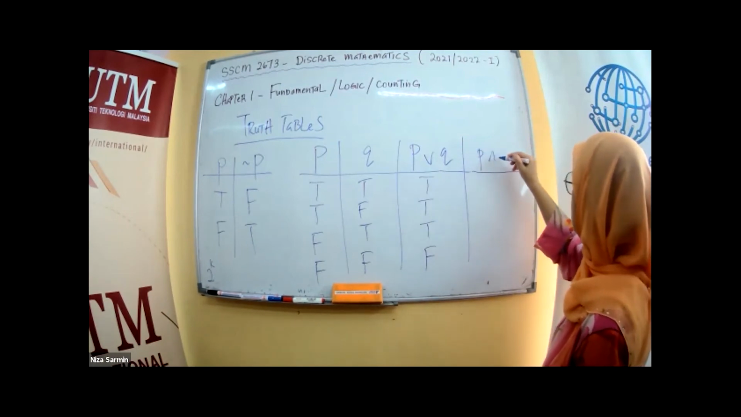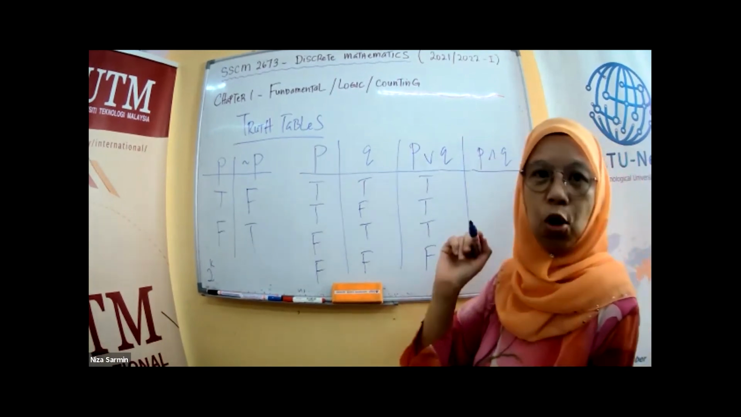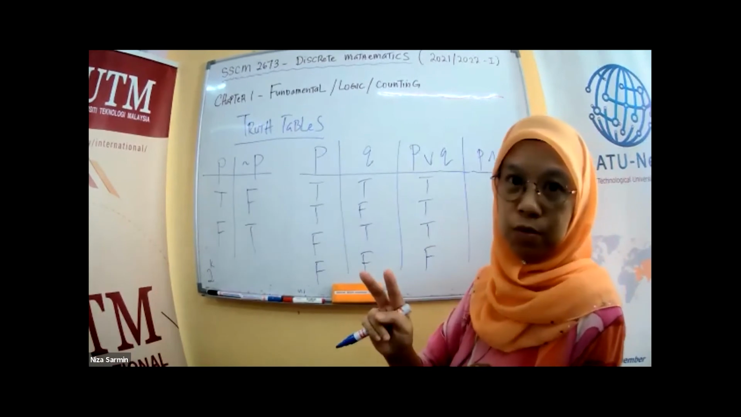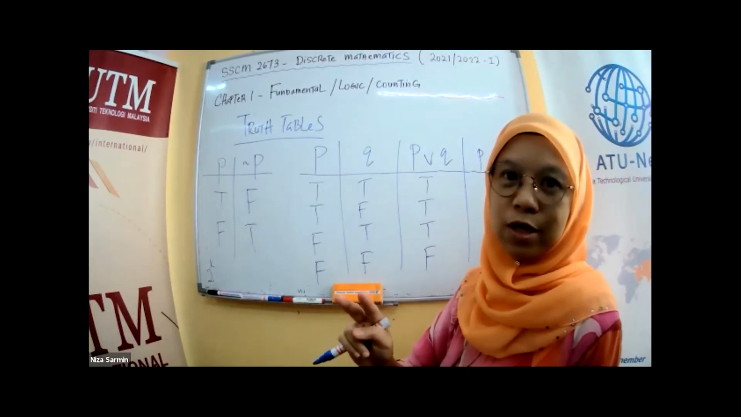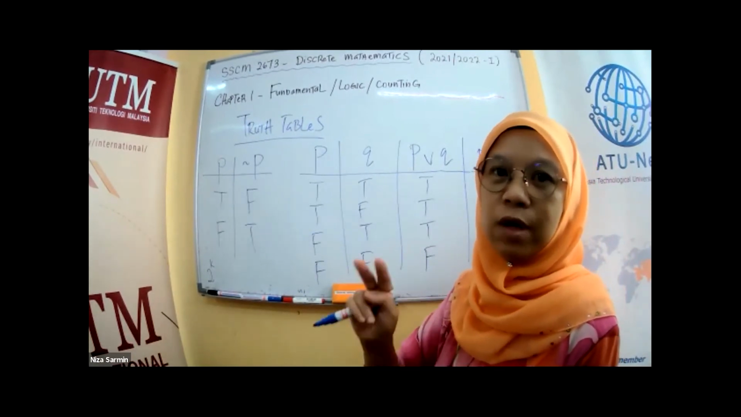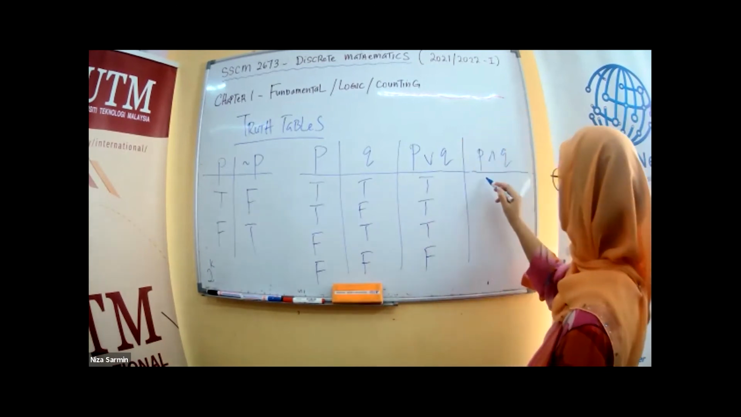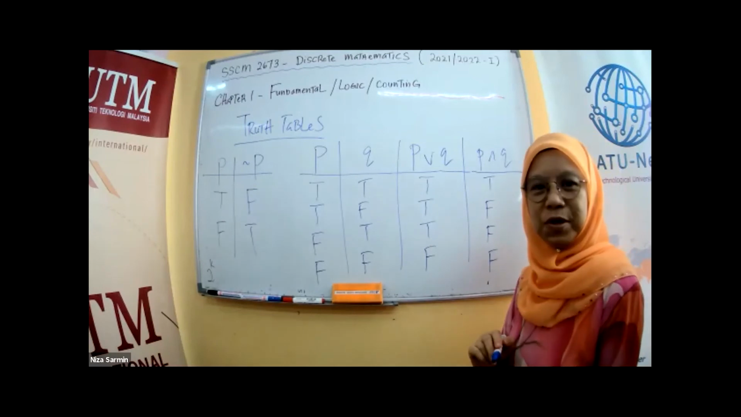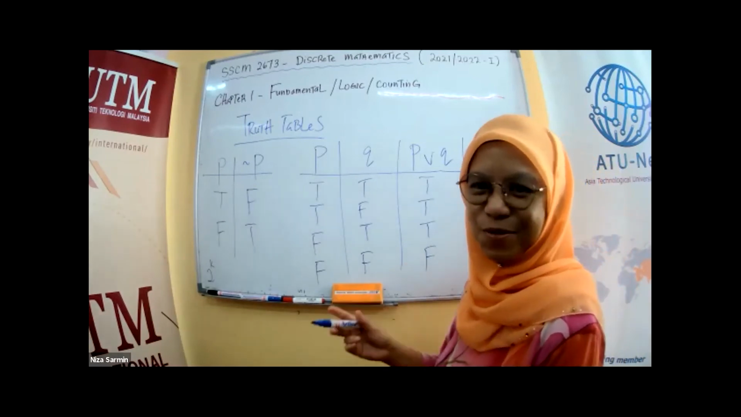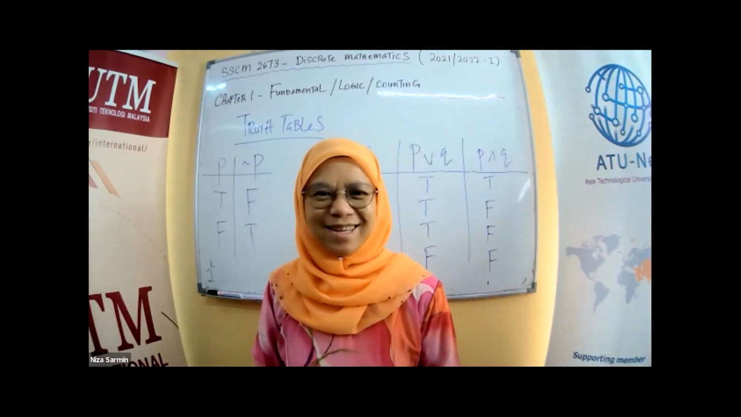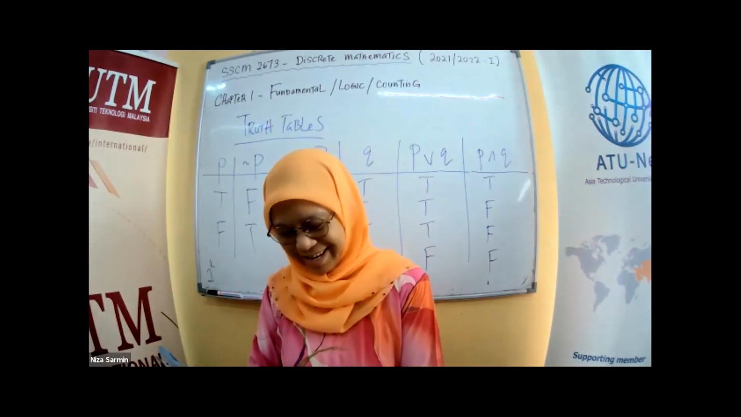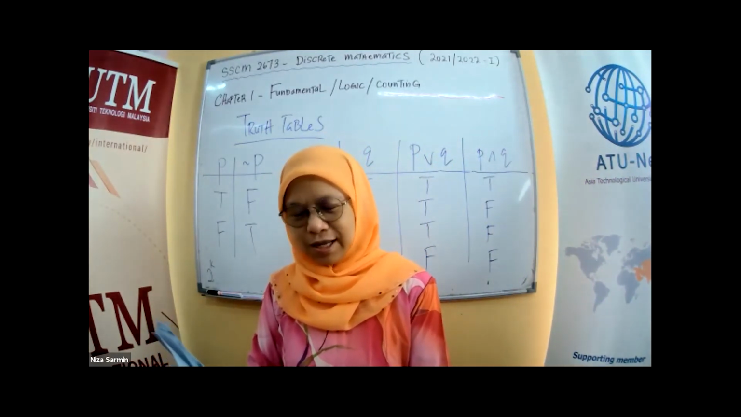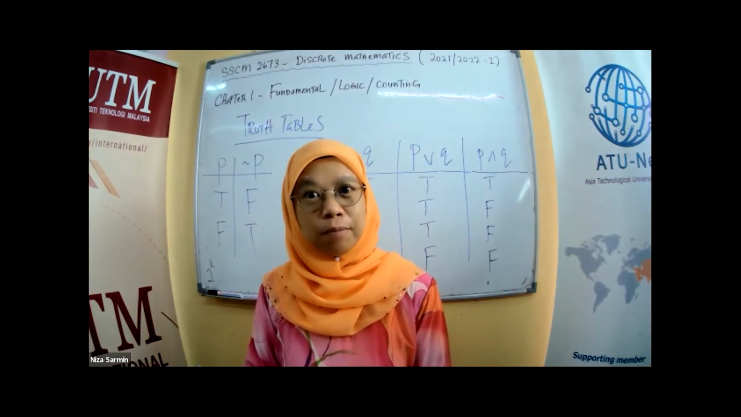For the and, it will always be true only if both are true. It will be true if both are true. So true and the rest will be false, right? You have seen this before, right? Yeah. Okay, now we have another example